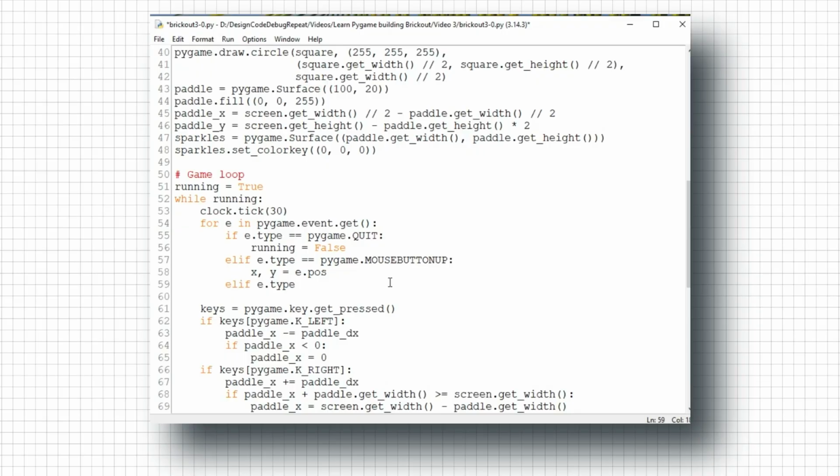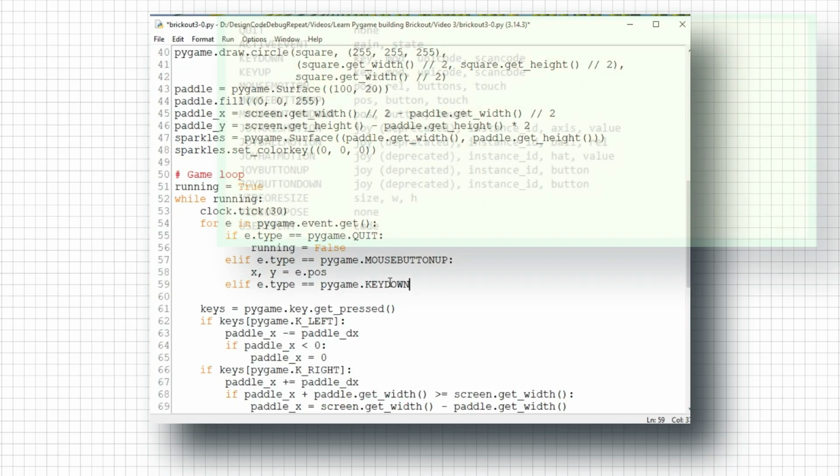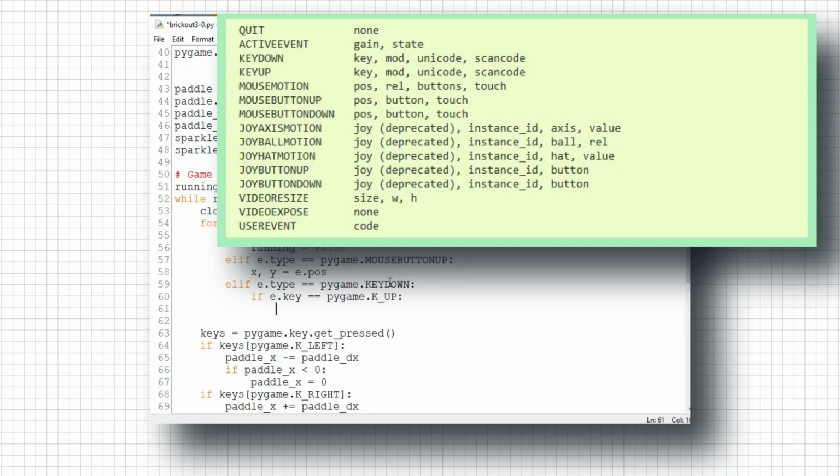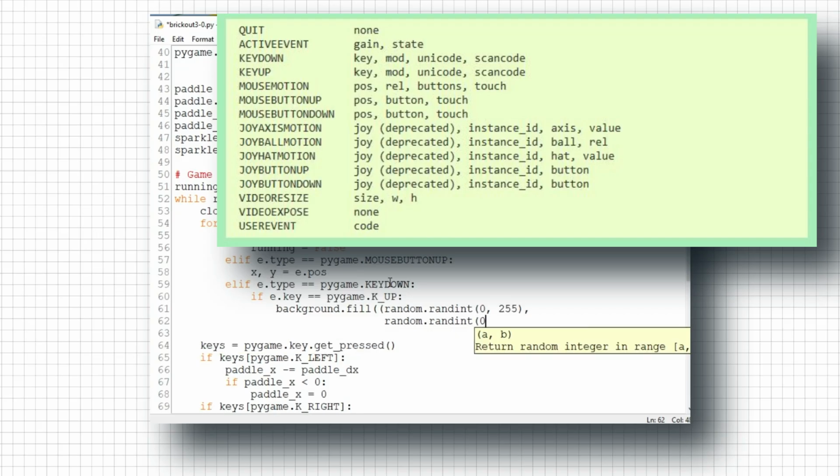And then under that, I can check if the key that was pressed was pygame.K_UP, the constant for the up arrow. Different types of events have different information stored in them. We used the position of the mouse in the mouse button up event to change the position of the square. Mouse events have a pos field. A key down event doesn't have a pos field because that wouldn't make sense for a keyboard event, but it does have a key field. So I will check if e.key equals